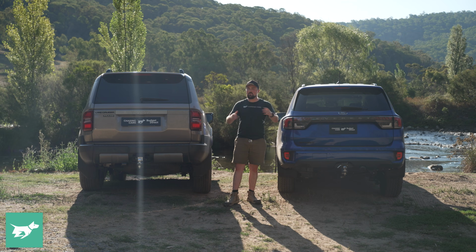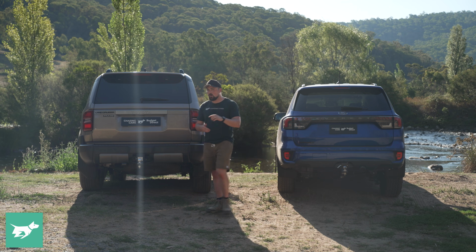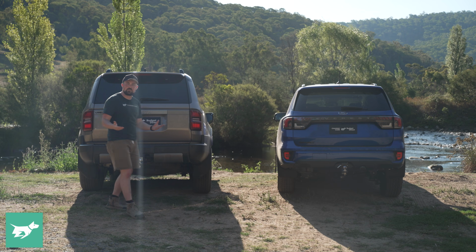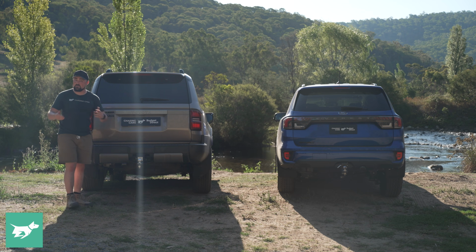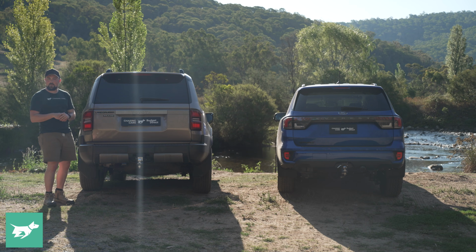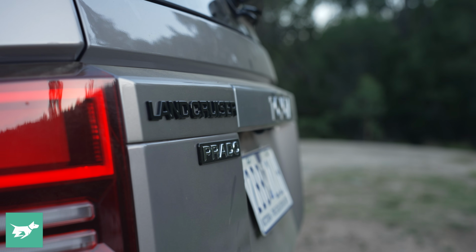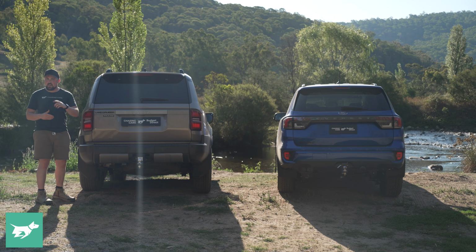So these are family vehicles. How much can you fit in the back of them? Before we talk about space, let's talk about how you get to it. Now, the previous generation Prado had the ability to go for 2 different tailgate designs, one with a spare wheel on the back and the other was the flat tailgate design. You don't really have a choice anymore, unfortunately. You just get the flat tailgate design on the 250 series, but it does have a nifty little trick,